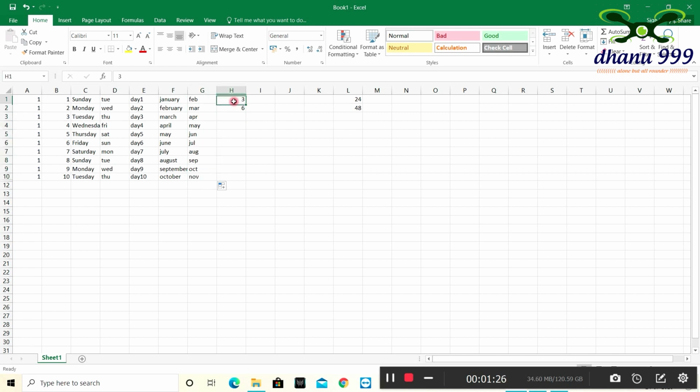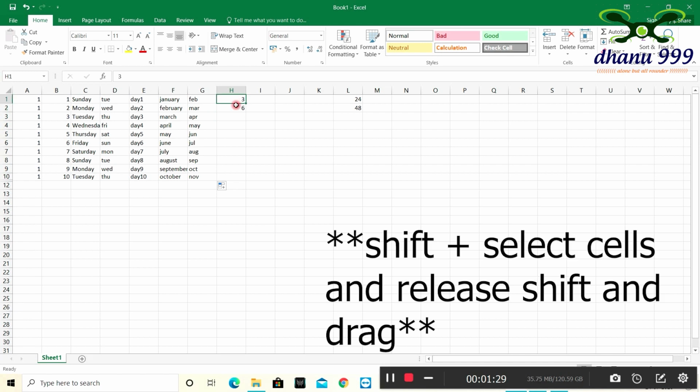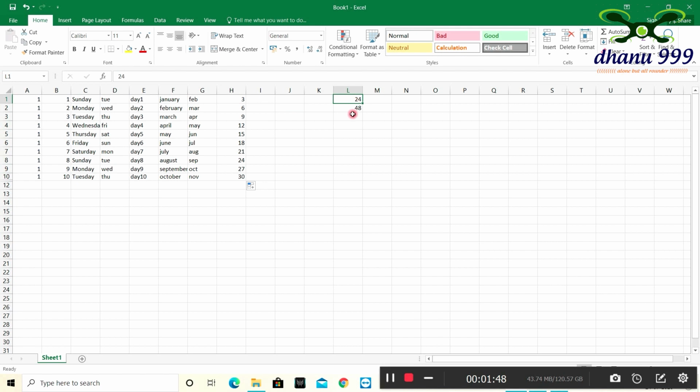Here 3 and 6 have a difference of 3. If I select by holding shift, release the shift, and drag up to the end, see here, the 3 table came and each and every number has a difference of 3. If I want the 24 table, I need to write these both, select by holding shift, release the shift, go for the corner and drag. See here, we got all the